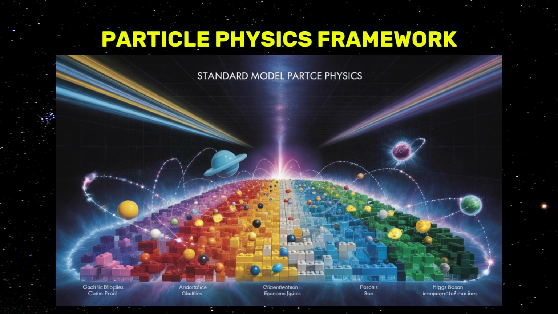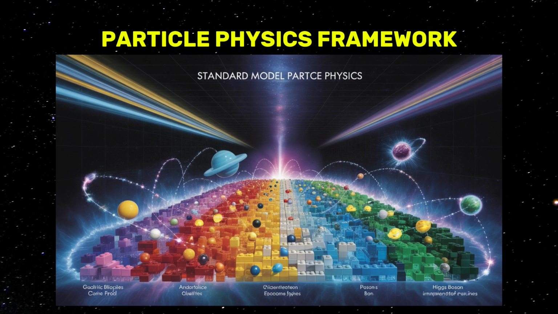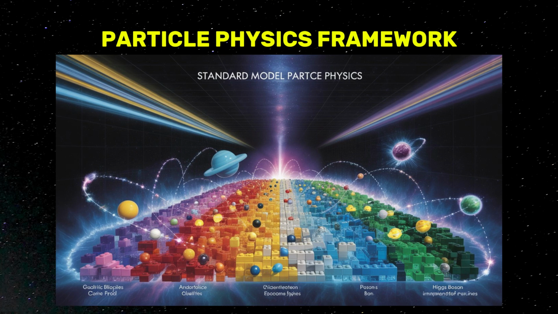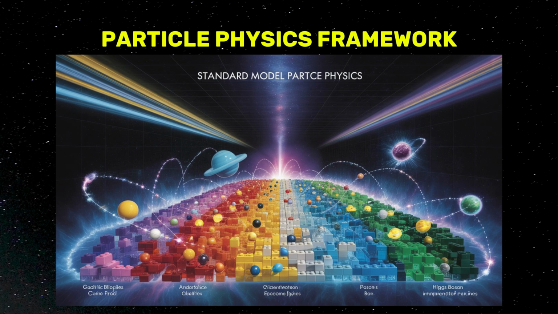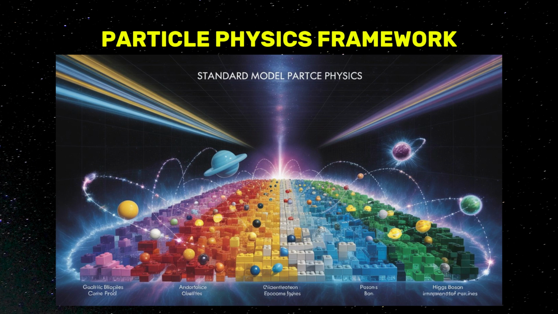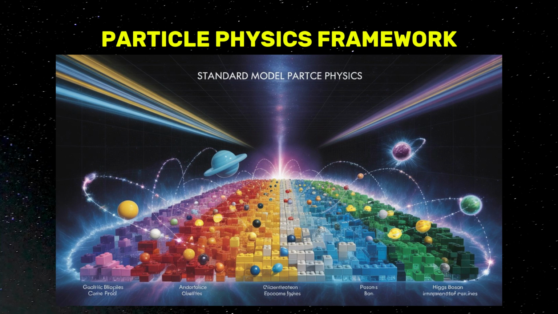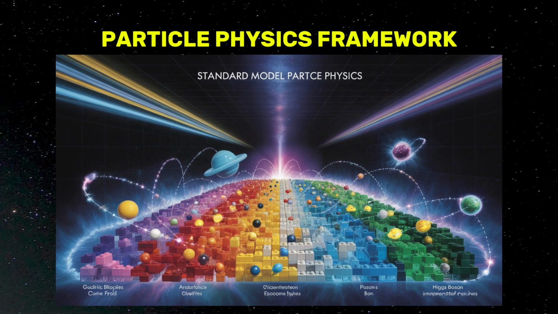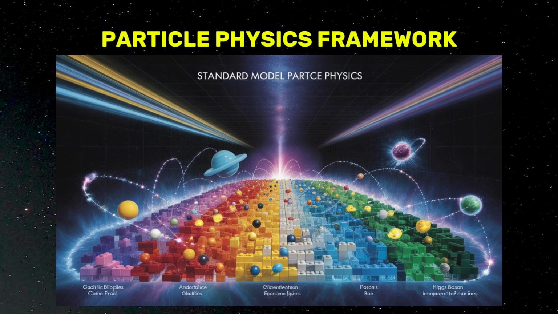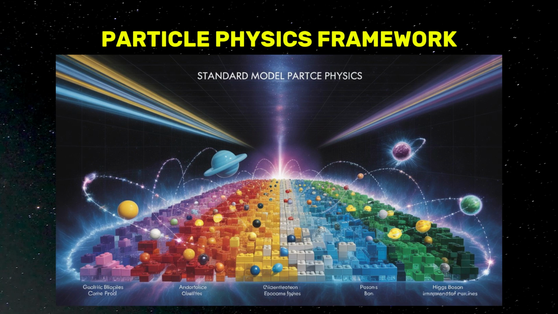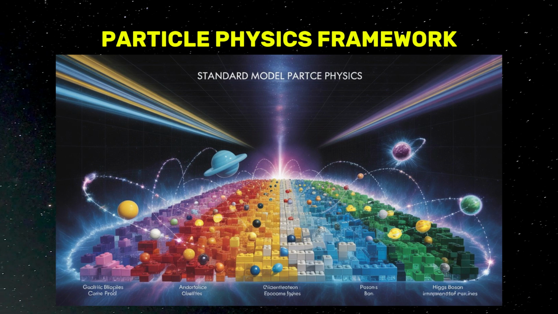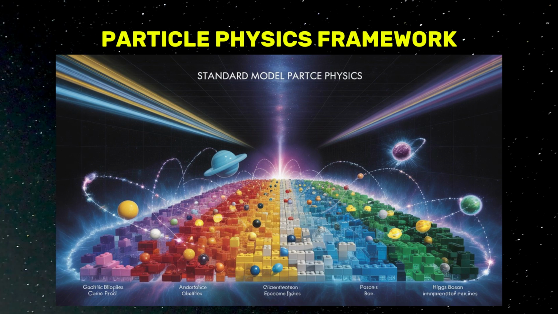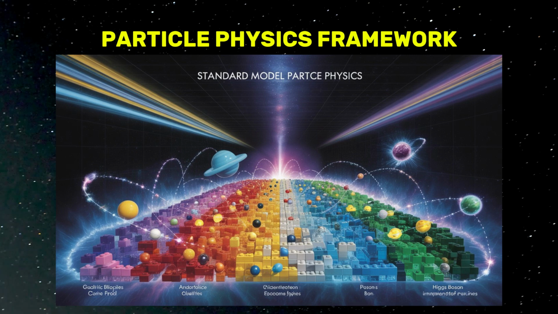A pivotal idea within the Standard Model came from Murray Gell-Mann in 1964, who introduced the concept of quarks. Quarks are elementary particles that combine to form protons, neutrons, and other particles known as hadrons. Just as letters in an alphabet can form various words, quarks combine in different arrangements to create the particles we observe in nature. Initially, Gell-Mann proposed three types of quarks: up, down, and strange, which accounted for many of the particles physicists had observed. With the introduction of quarks, the notion of a fundamental building block was revived.